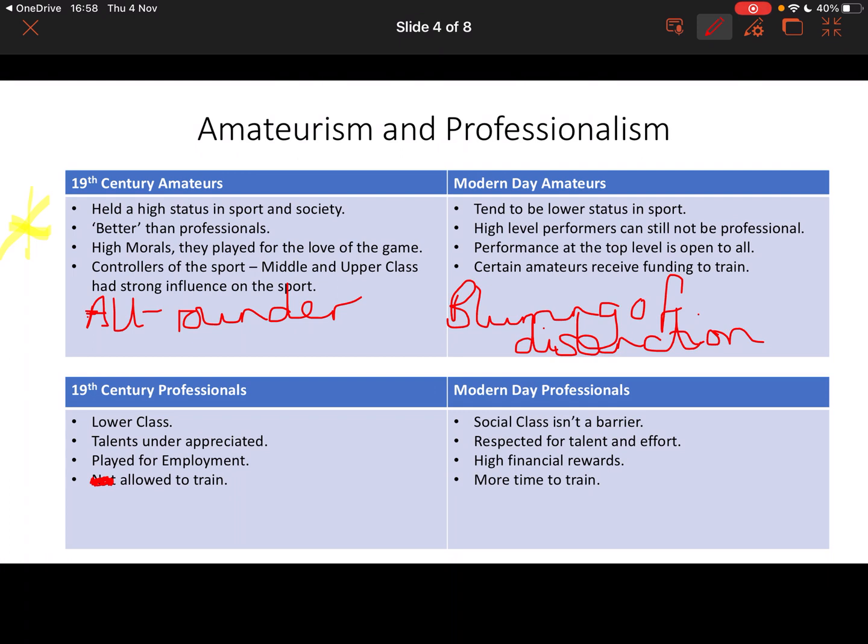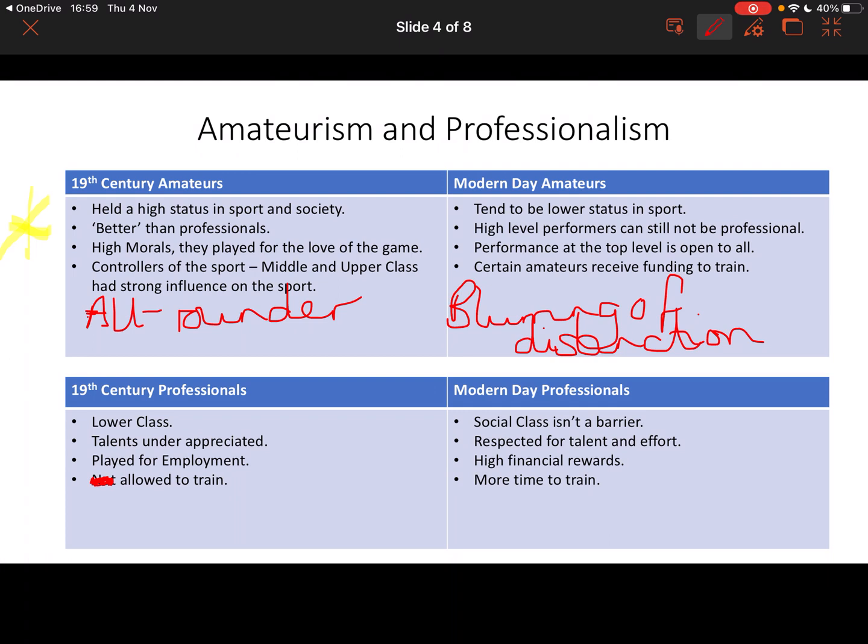barrier. So one of the key things that differentiated whether you were an amateur or professional in the 19th century was social class. Now, it doesn't matter what class you are within society, you can choose to be an amateur or a professional. Modern day professionals now are respected for their talents and efforts. And obviously, high financial rewards, particularly if you look at sports like Premier League football and the salaries and wages that players earn. And obviously, because they're earning vast amounts of money, they can commit more time to train because it is their profession, it's their job. Okay, so that again, just to reiterate, this is just some retrieval of year 12 content,